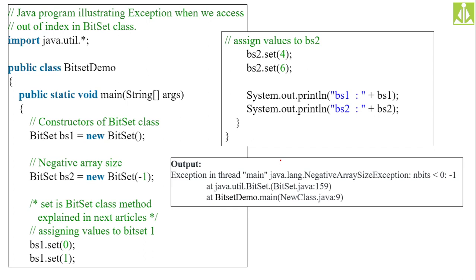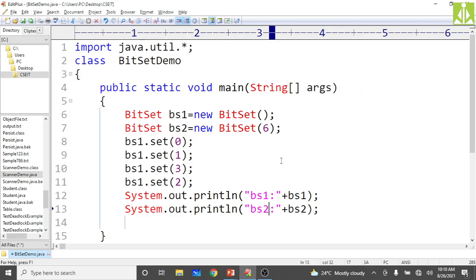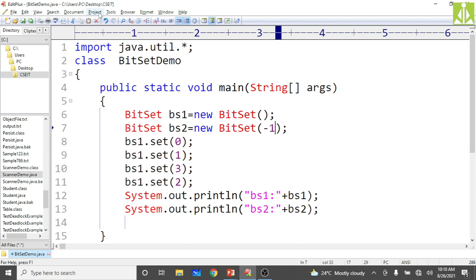Okay, there is another demonstrative program we have. So simply we will check this program. By creating a bit set with some negative value, we see what will happen here. We are passing -1 and trying to print that bit set. So just see what will happen, what type of exception you will get. So compile it. Okay, it is successfully compiled.